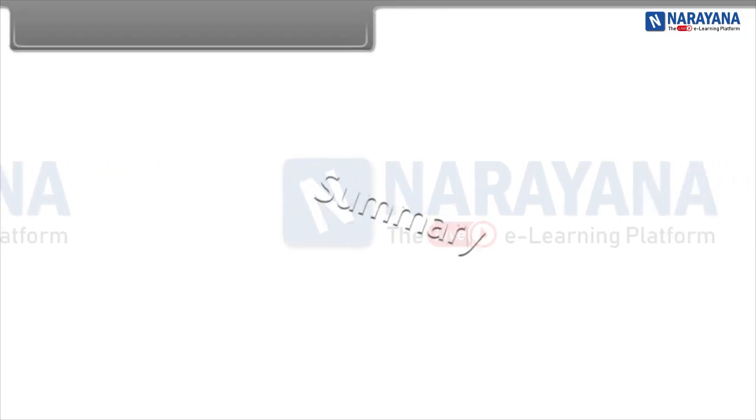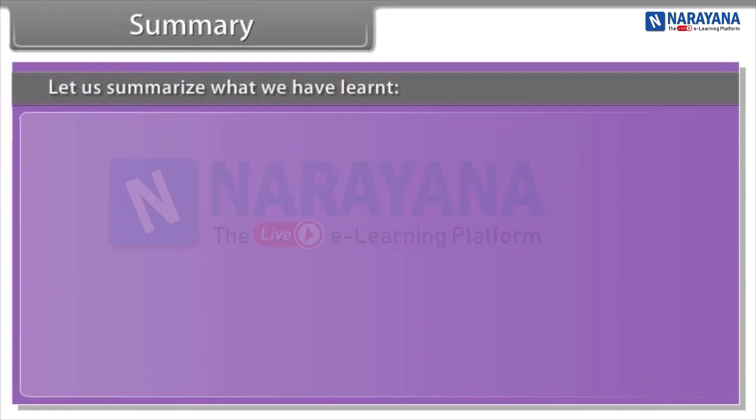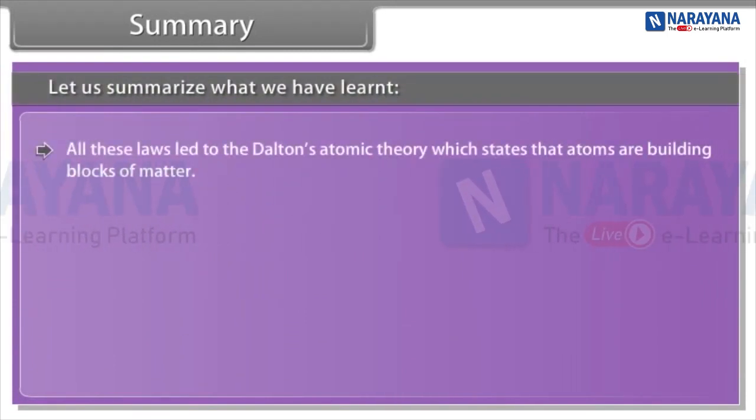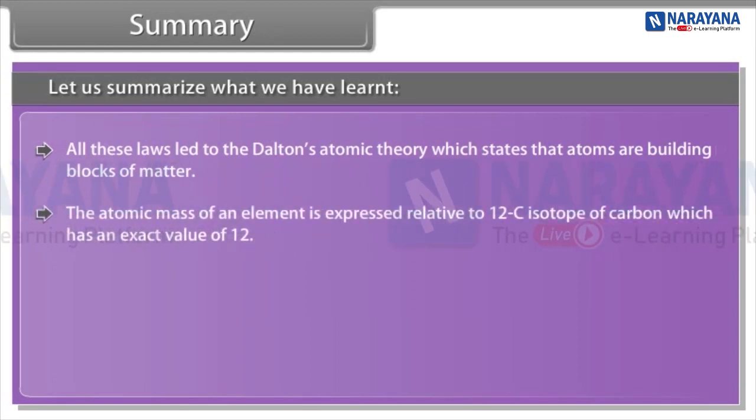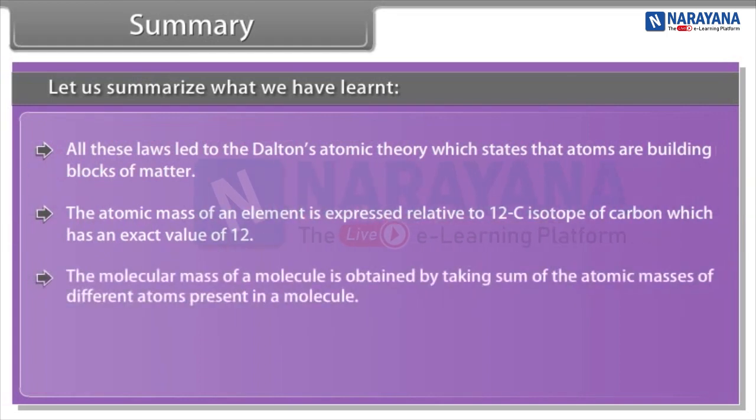Summary. Let us summarize what we have learned. All these laws led to Dalton's atomic theory, which states that atoms are building blocks of matter. The atomic mass of an element is expressed relative to the carbon-12 isotope, which has an exact value of 12. The molecular mass of a molecule is obtained by taking the sum of the atomic masses of different atoms